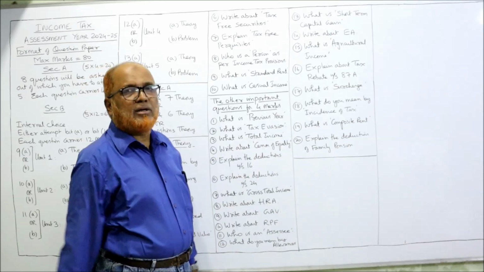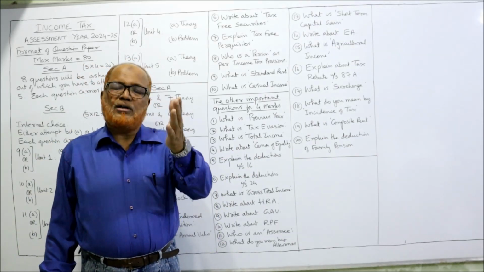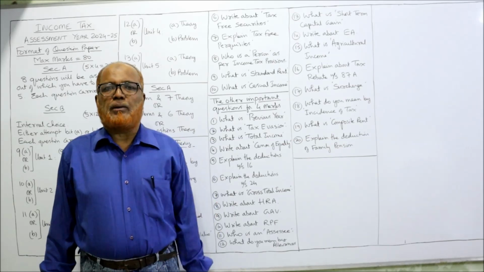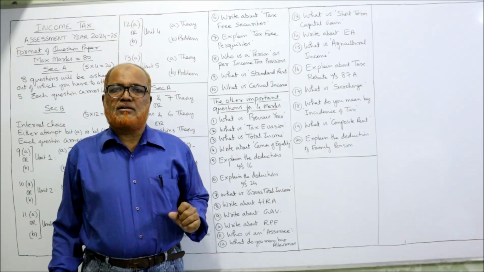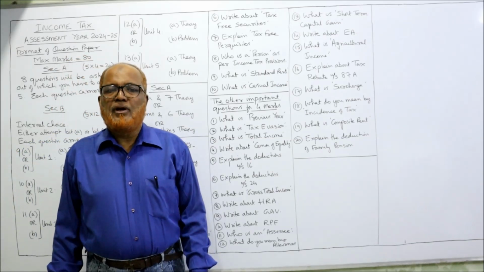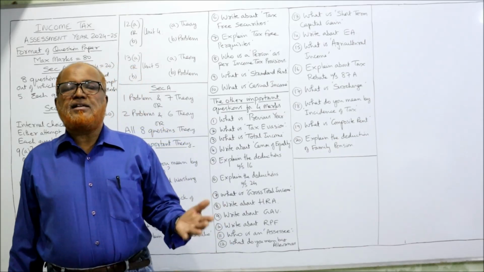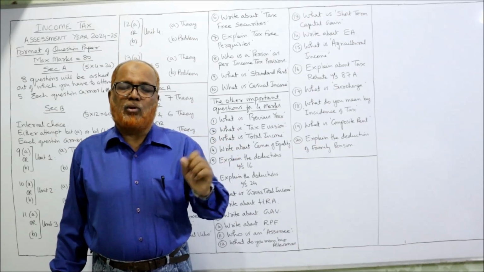Next comes what is short-term capital gain. Two types of capital gains are there, long-term capital gain and short-term capital gain. If an asset is a short-term capital asset, the gain arising will be called short-term capital gain. So when can we say an asset is a short-term capital asset? If land or building or both